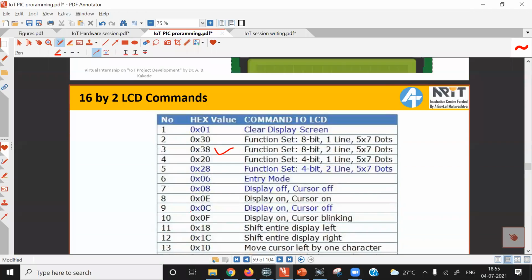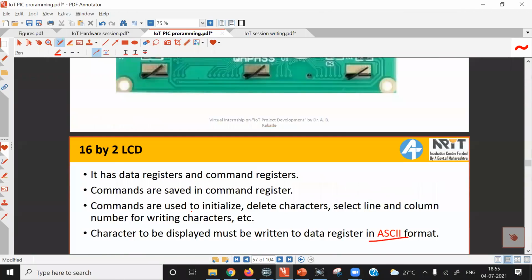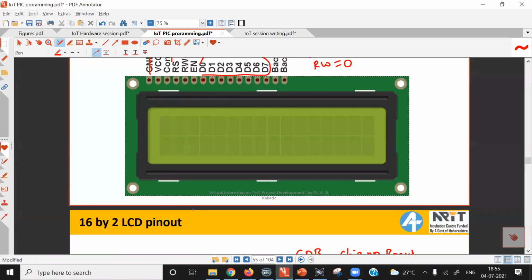So 0x80, look at the address here. If you give command 0x80, then after giving this command, if you write the data to the LCD display, it will be written to this position. If your command is 0x81, after writing this command, if you write the data, that data will be written to the second position of the first row.